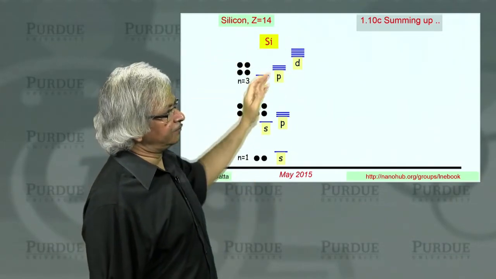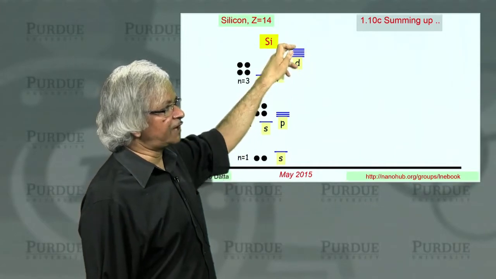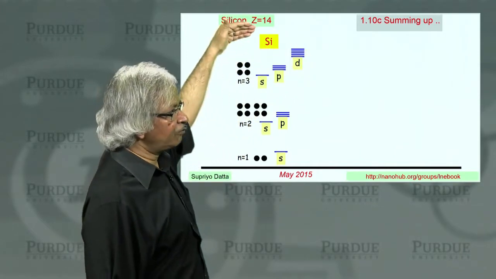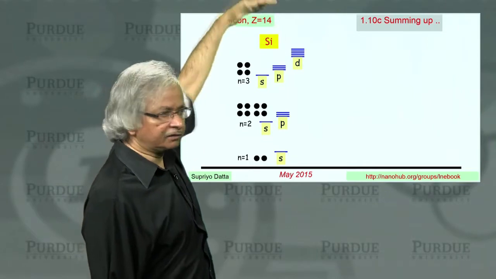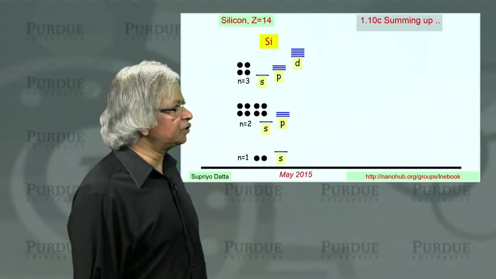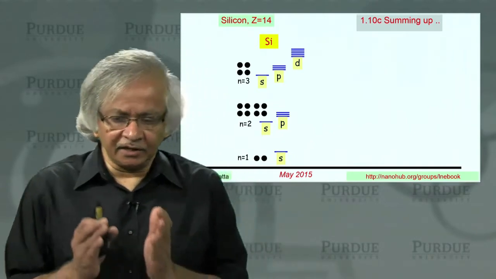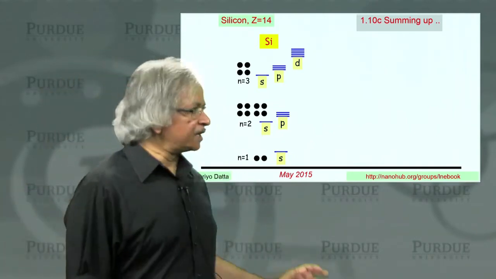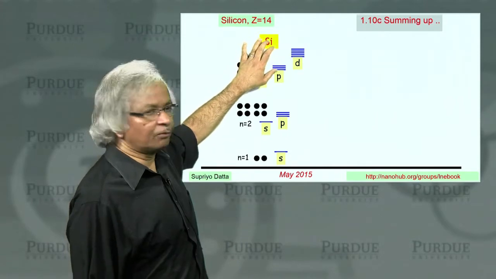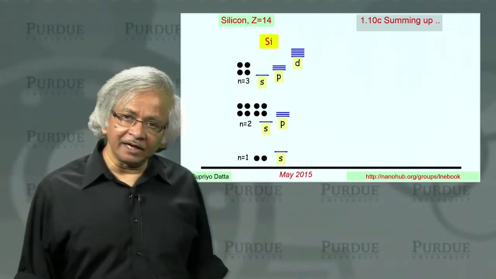And then there are higher levels. There's the 3d, there's 5 of them there. And then there's 4s above it, and so on. That's all. So when you are trying to write down the basis functions of a unit cell, what you'd use is the basis functions for one atom,